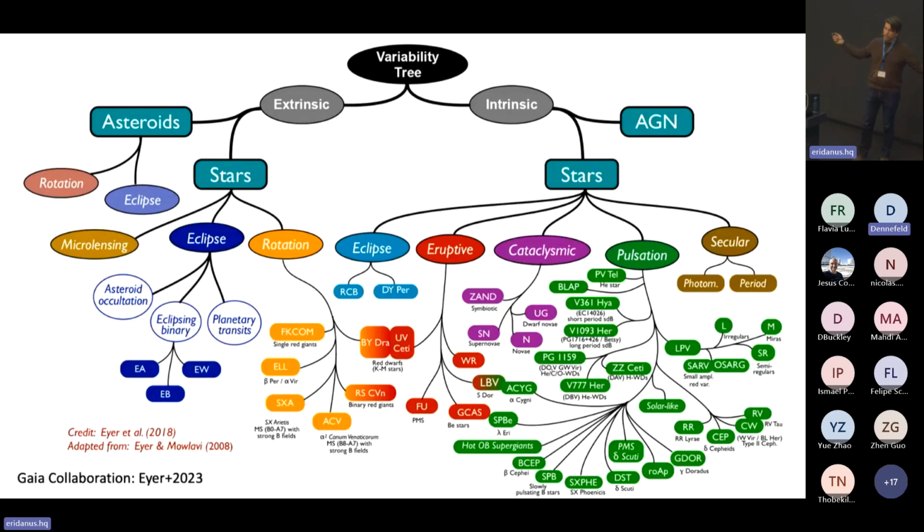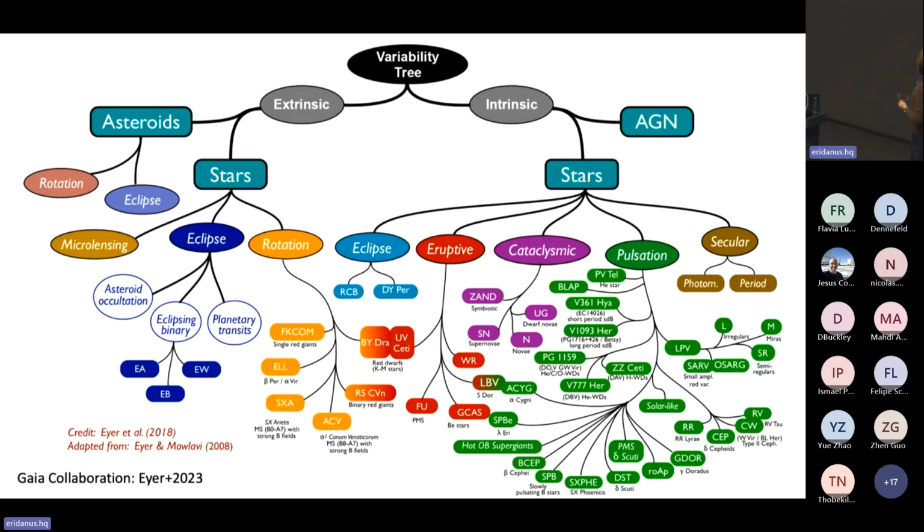And there's a huge diversity of stellar variability. This is a now emblematic diagram called the Variability Tree, that splits up variability in 2 types of categories: the extrinsic variability types that depend more on your view of the variability that you're analyzing, versus the intrinsic variability that is due to the source's behavior itself. And this splits up into many different categories. Among the stars, in extrinsic variability, you have microlensing, you have eclipsing variables, and you have rotation, because that's seen as a point of how you see the source.